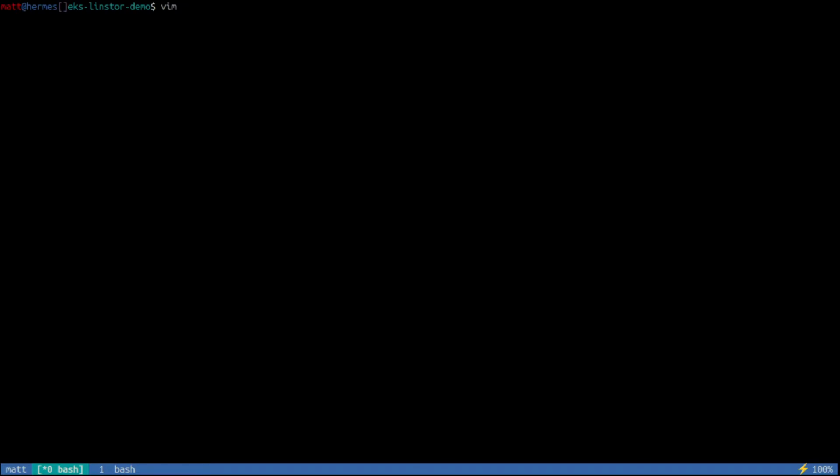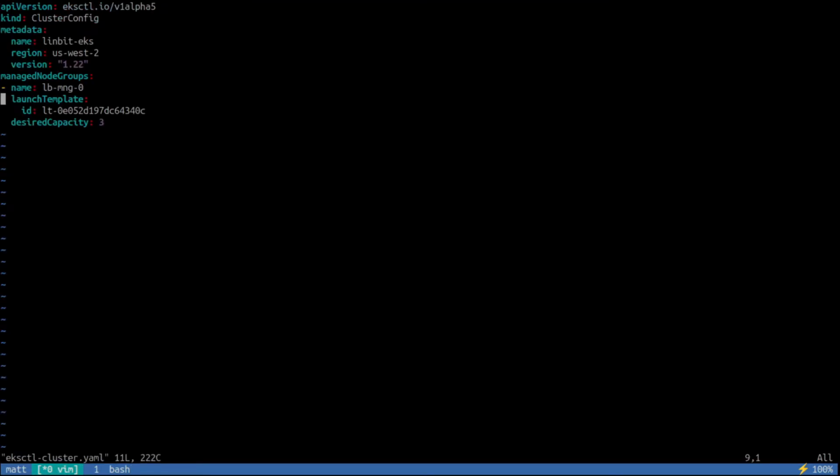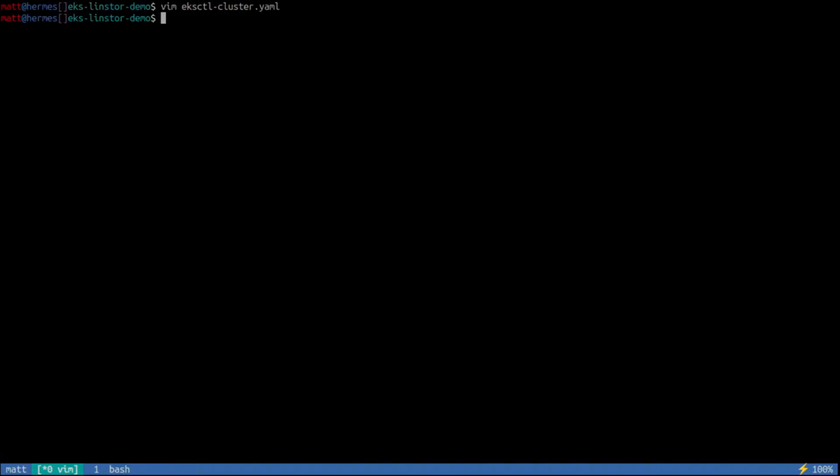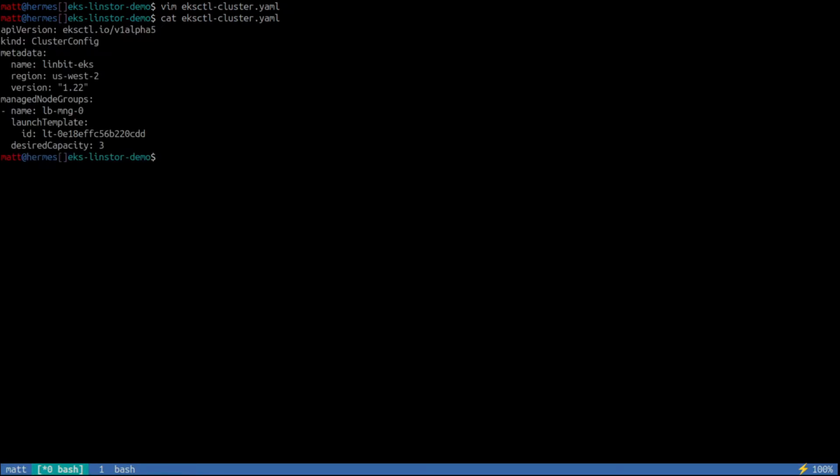and I have an eksctl configuration here, and I'm going to paste in that launch template ID I copied earlier, and let me just show you that again. Very small configuration, nothing too special going on here. Just the version of Kubernetes that I would like to deploy into EKS, and then the launch template that we just created, and the size of the cluster. So 3 worker nodes spread across 3 AZs. EKS handles that distribution for you,